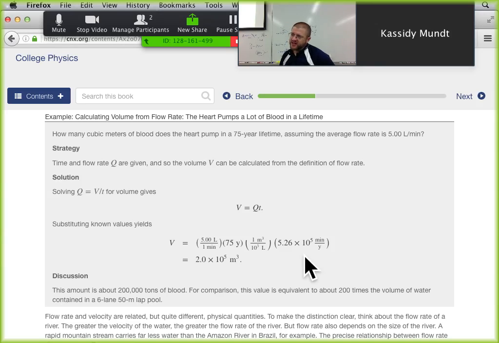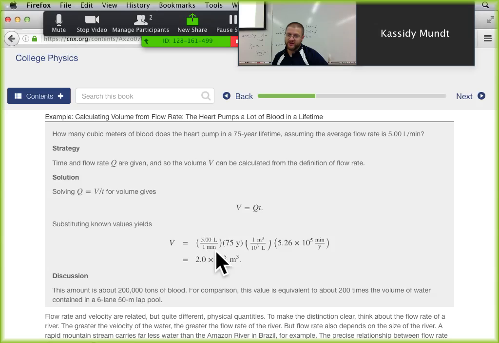It turns out that a liter is a box that is 10 centimeters by 10 centimeters by 10 centimeters. And in a meter cubed, there are 10 of those by 10 of those by 10 of those. So 10 times 10 times 10. There's 1,000 liters in a cubic meter. Okay? And so the conversion would be 1 meter cubed for every 1,000 liters. That's that conversion right there.